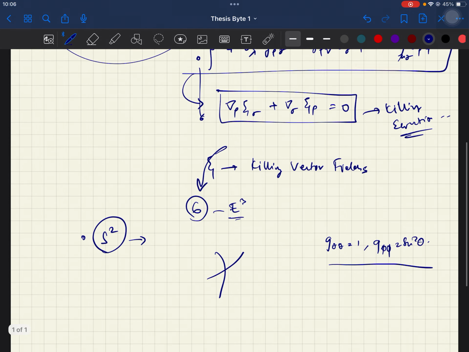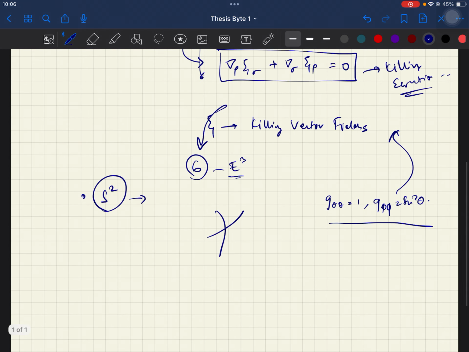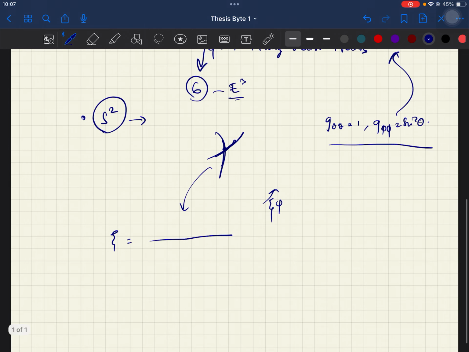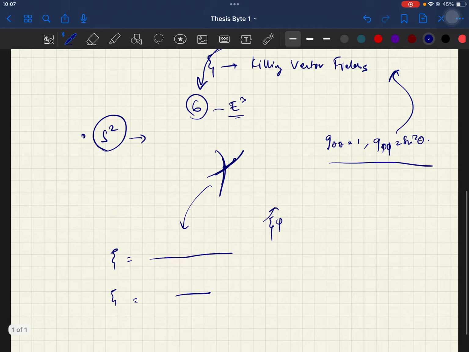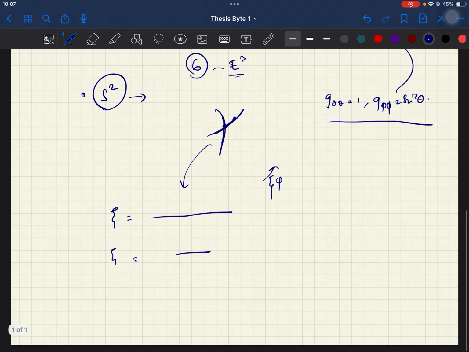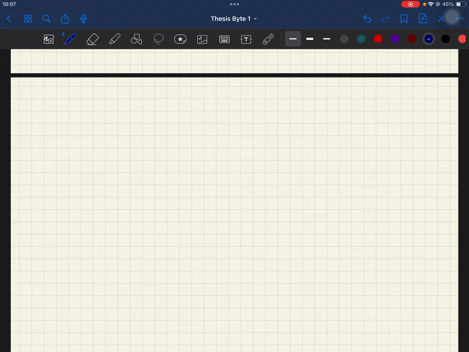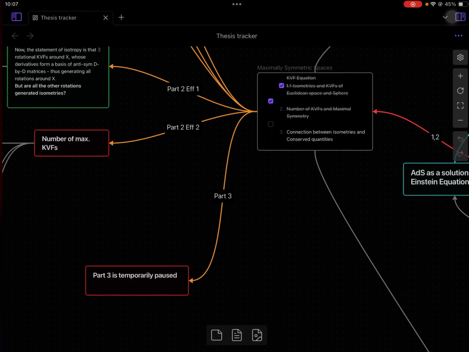You get the whole set of killing vector field conditions, and you solve them. You get a rotation around phi, and you get two translations, sort of, in two directions, which are some non-trivial combination of cos thetas and phis, which I will not write here, but you do get two directions here. That's good. That's the first part.